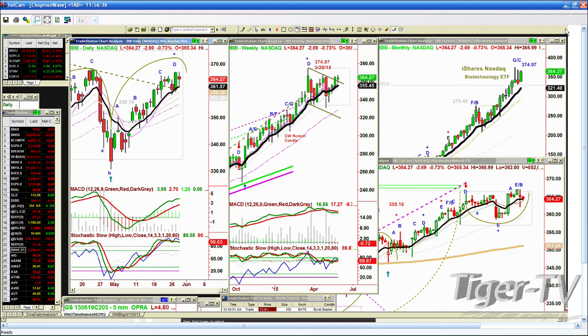But in the meantime, back at the ranch, in this particular context, do we have that same rectangle formation trying to retest the top another time in the IBB? How is this going to resolve by, let's call it, Thursday a week, or even a week from Friday? Will it be resolved by seeing the IBB, the biotech iShares NASDAQ ETF, under 350, 357, trying to test the 355s, 9-period exponential moving average in the weekly chart, or have we broken above 374.97 for another leg to the upside, I'll call it E for now, and leg D finally in